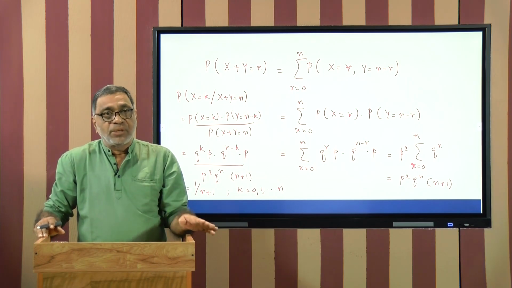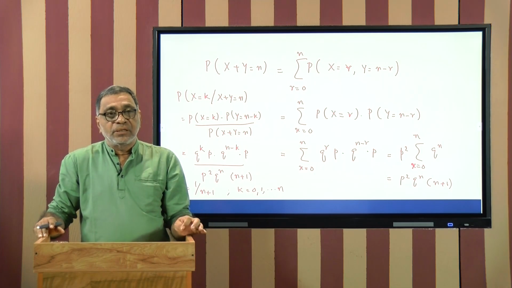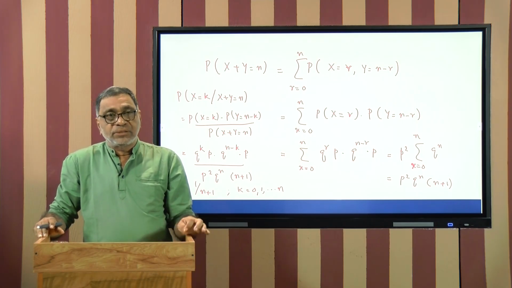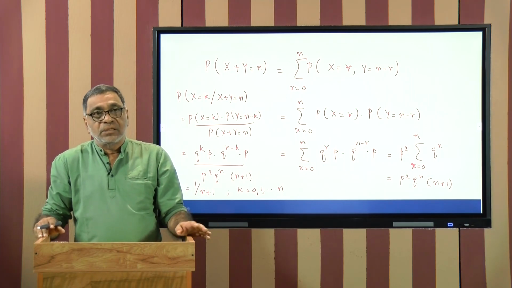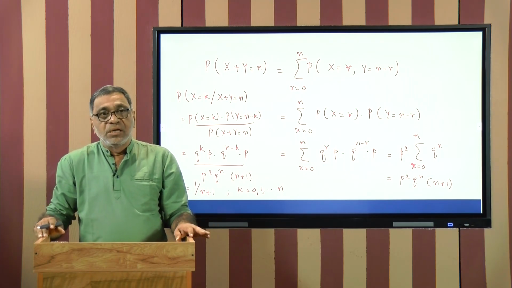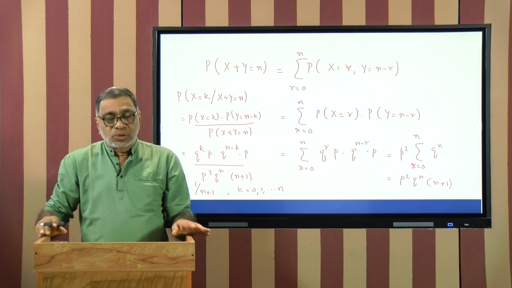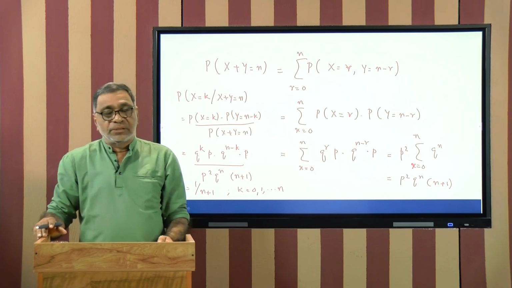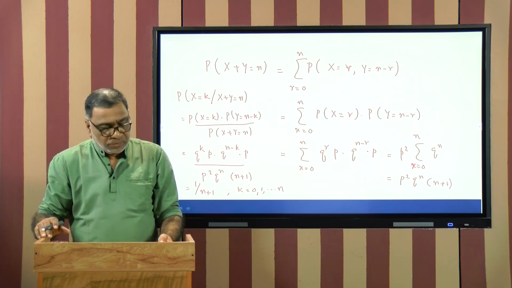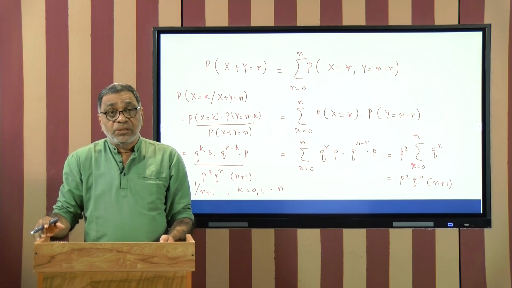So, we have established that if x and y are two independent geometric random variables with the same parameter p, then probability of x is equal to k given x plus y is equal to n, that is the conditional distribution of x given x plus y, is nothing but a discrete uniform random variable. So, such properties we can establish regarding the geometric random variable, and we will discuss more properties of the geometric random variable in the